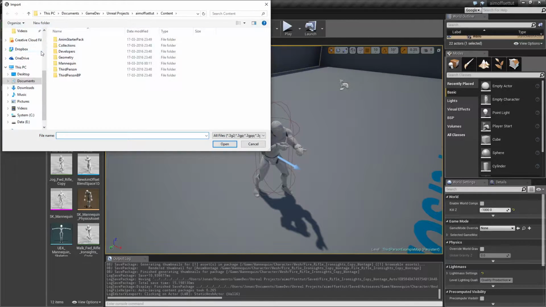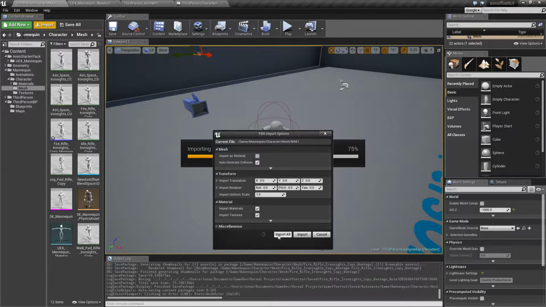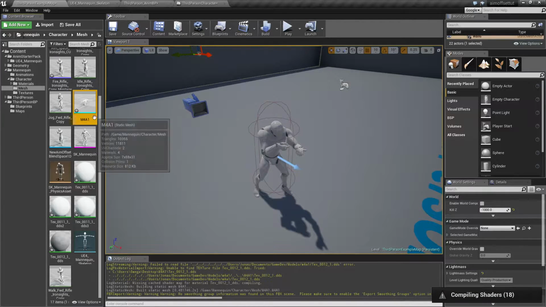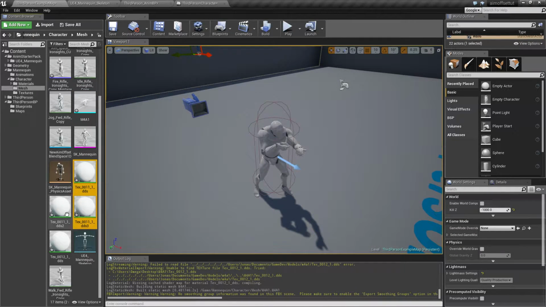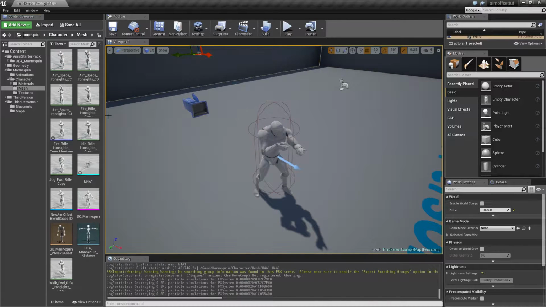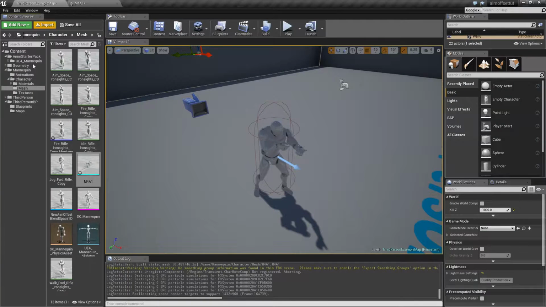So I'm just going to go ahead first and import that. I already downloaded and put it here, and I'm going to import that. It's going to throw a little warning, but it's going to give me a static mesh here. I'm not going to worry about the textures. I think something went wrong with them, so I'm just going to delete them really. So the weapon here is a static mesh looking like this, and that's what we're going to be using for